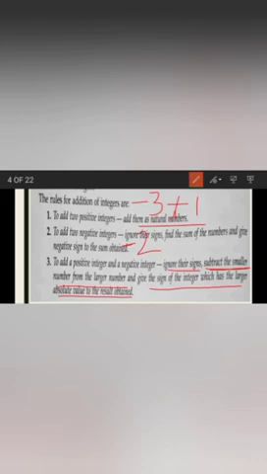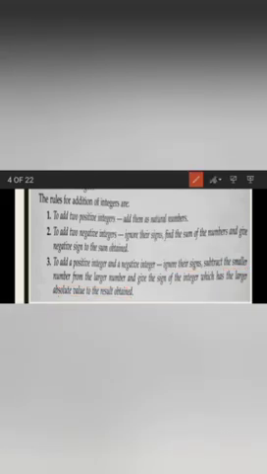Take another example. If you are taking 5 plus -3, here one is a positive sign, another is a negative sign. So first you have to subtract the smaller number from the greater one. Here 5 is greater and 3 is smaller. So 5 minus 3 is 2. And now put the sign of the greater number. The greater number is 5, its sign is positive, so no need to put it, or you can put the positive sign. So the answer will be 2 only. I hope it is clear. So now come to the next.